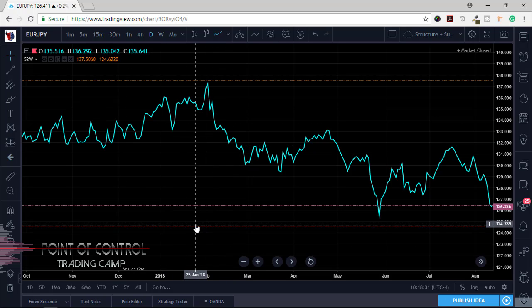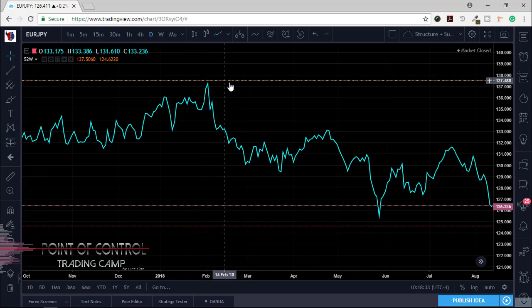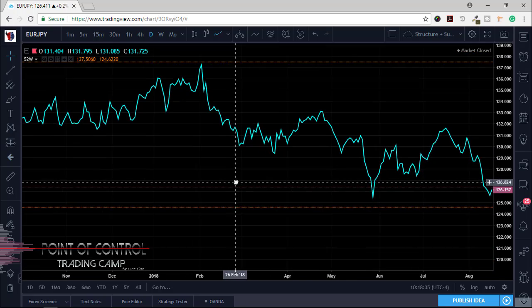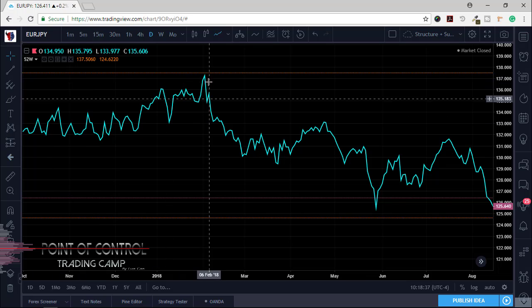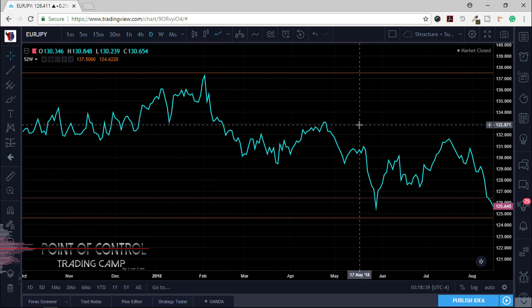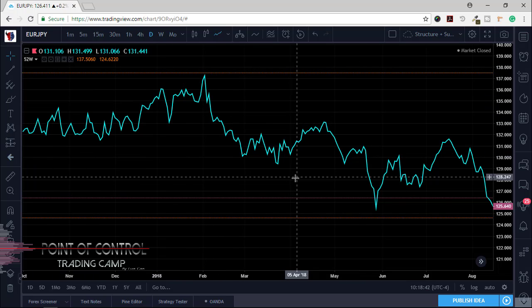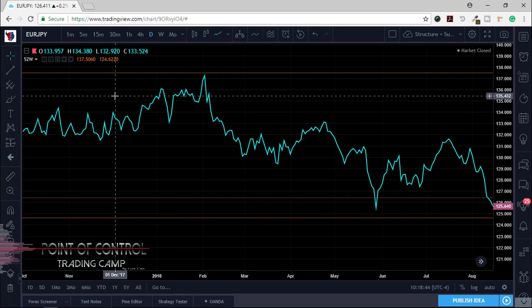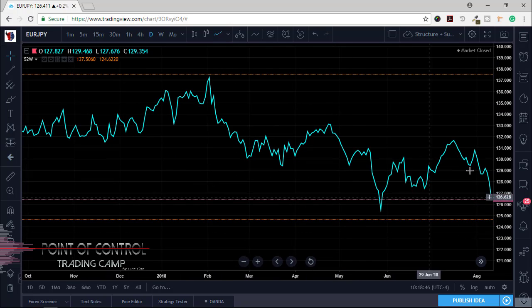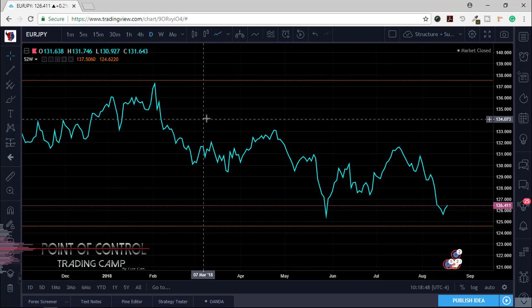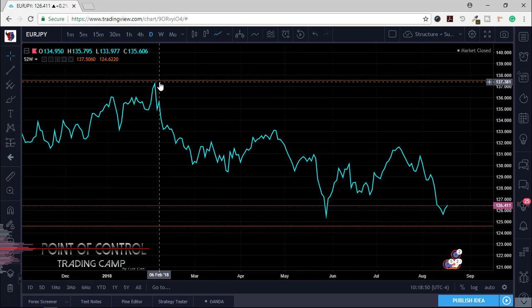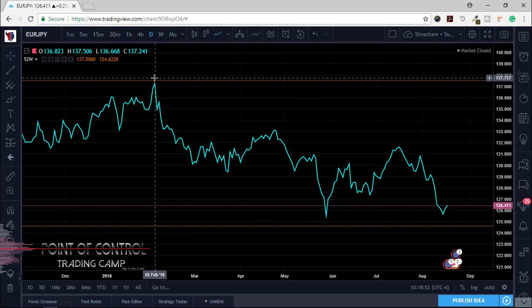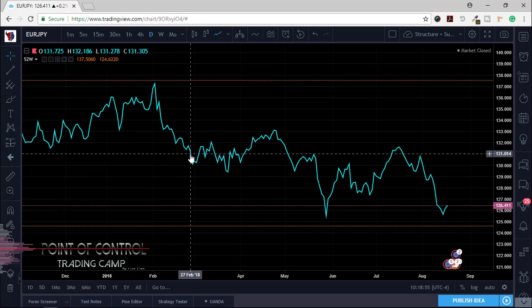Again, why do I like TradingView? This is a free indicator, and as you saw, in just a few clicks you have it already on, and it will be on all your charts, regardless of the asset that you're looking to analyze. So right now, as you can see, price touched the 52-week high, and look what happened immediately.